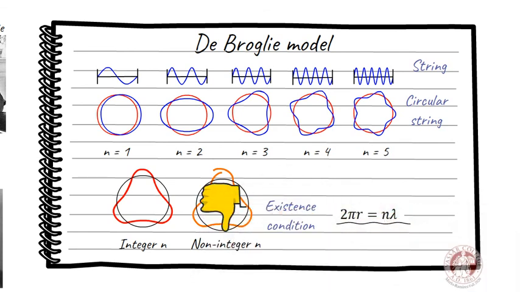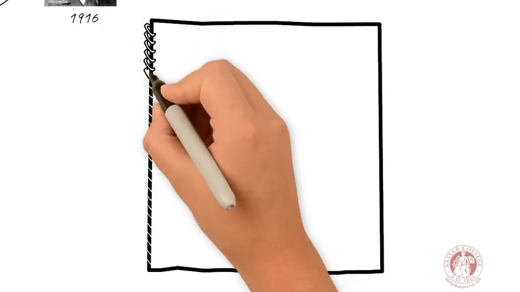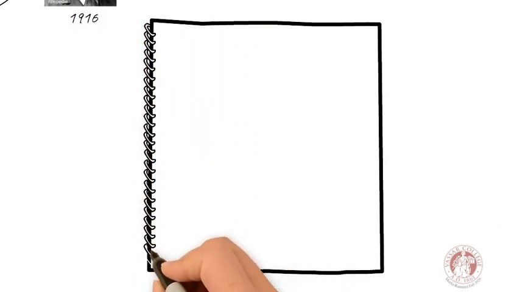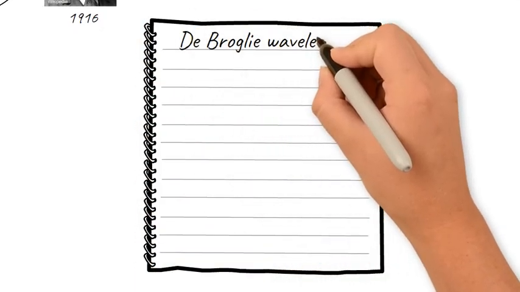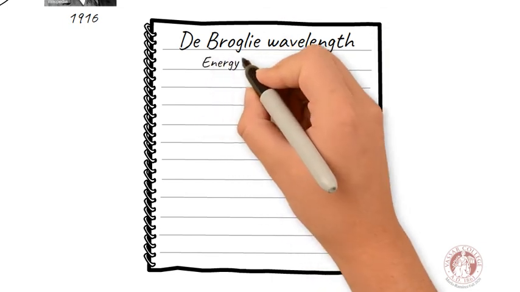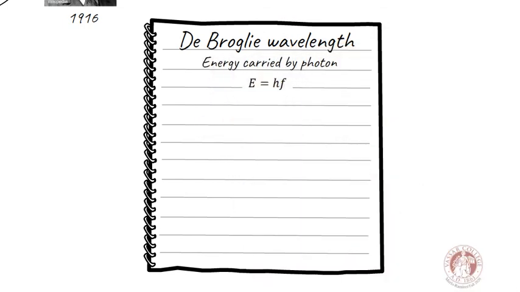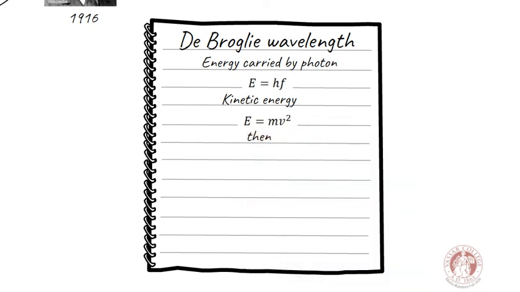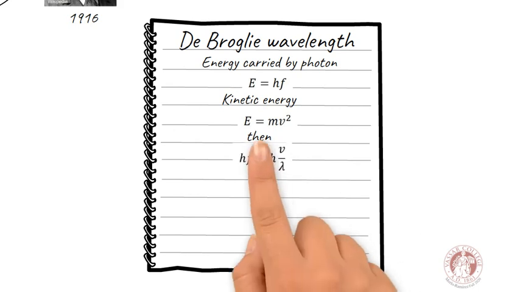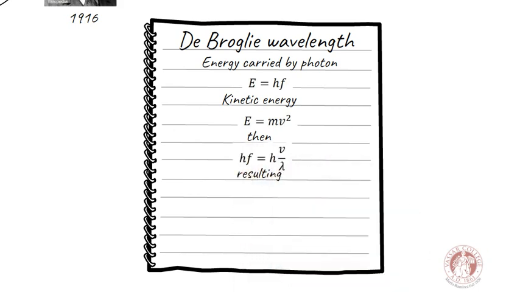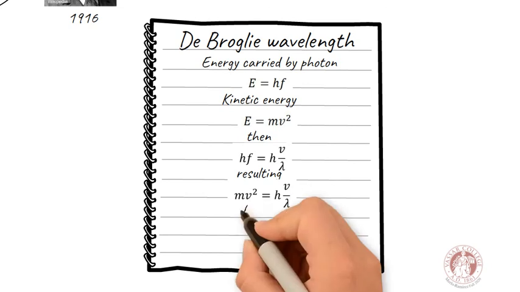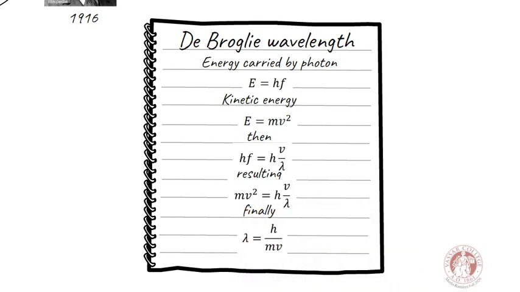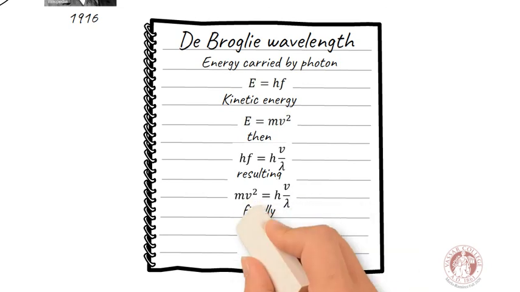Let's calculate what is the wavelength of a wave that can fit in the orbit. Using Planck's definition of energy, and the classical definition of the kinetic energy of the electron. Combining these equations, we can see the following. As the mass is the same on both sides of the equation, and knowing that the classical momentum is simply the product of the mass times the speed, then we get: